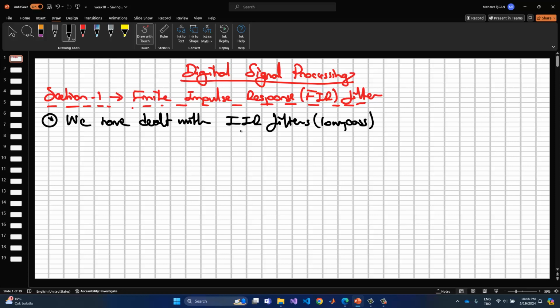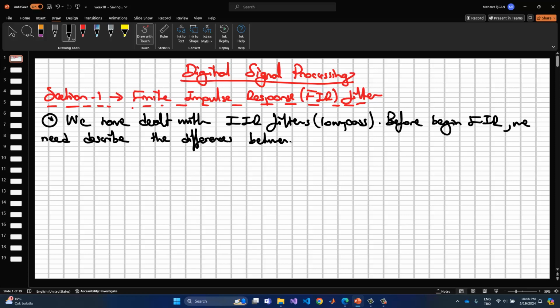This is called an IIR filter because it has feedback. Okay. And so before beginning the FIR filter, we need to describe the differences between them. Okay,